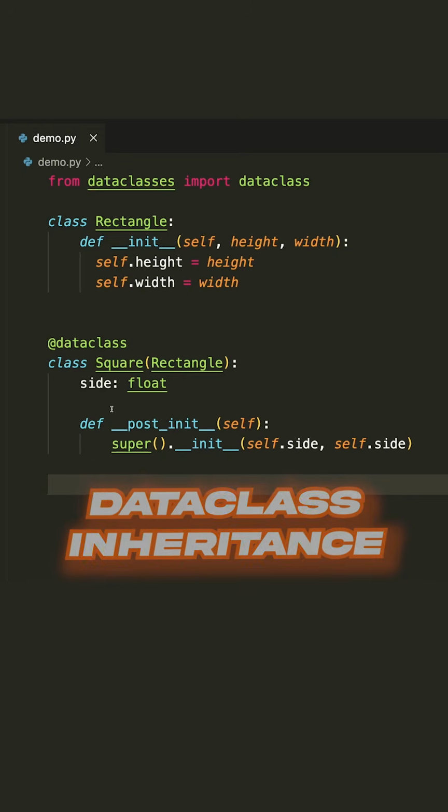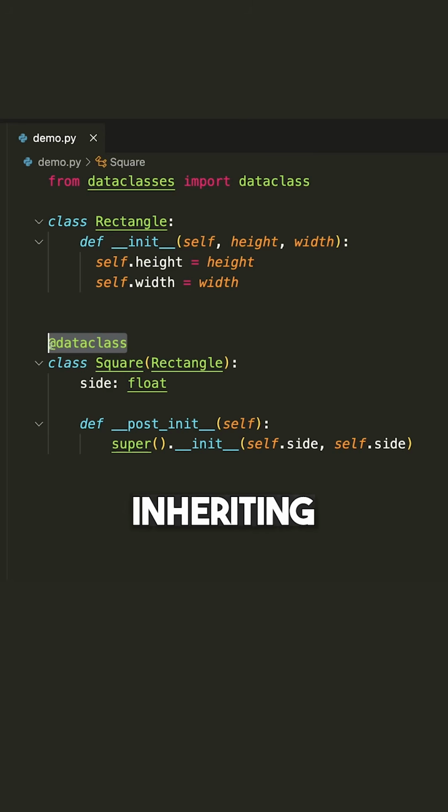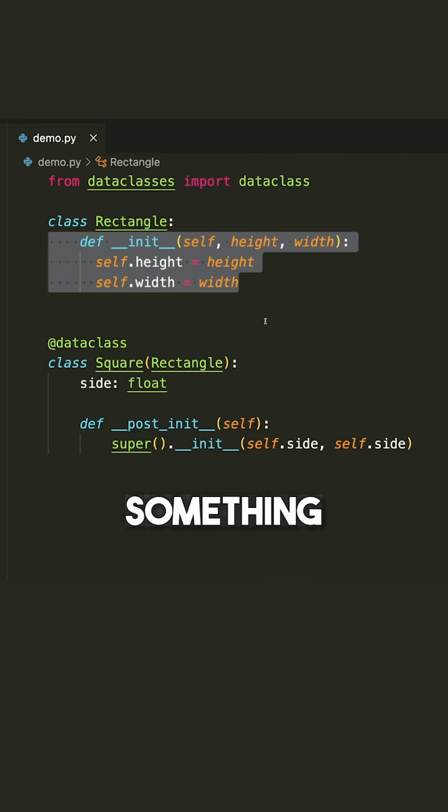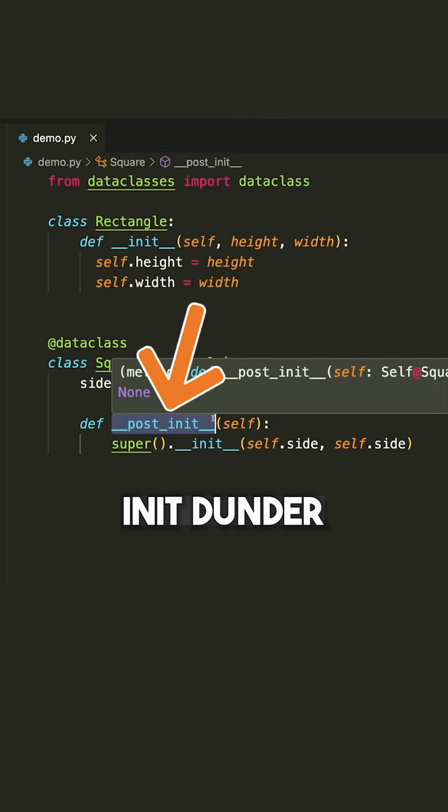Inheritance. Now in this example, we have a data class that is inheriting from a non-data class. When that's the case, the initialization that's written by default from the data class decorator is not going to call the initialization of the base class. So this is something that we need to do manually, and we can implement that by writing the post-init dunder